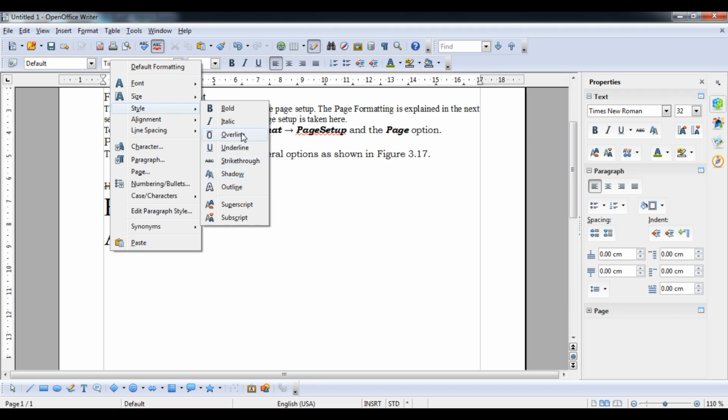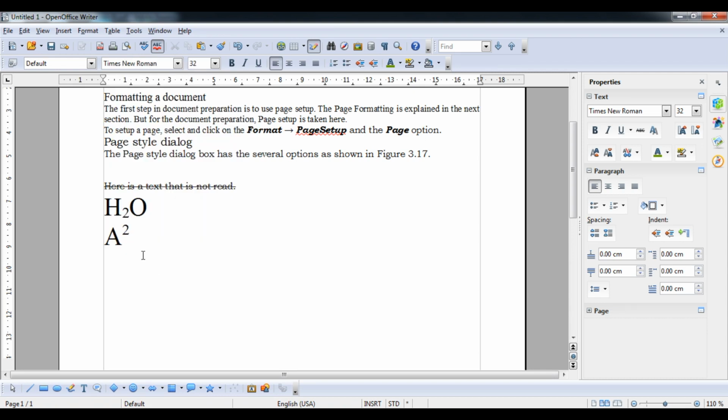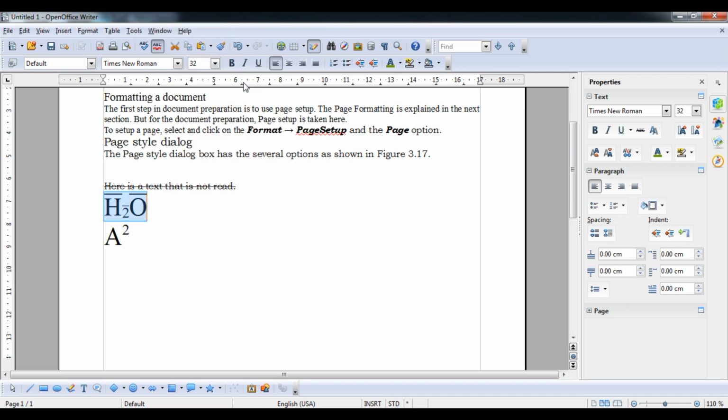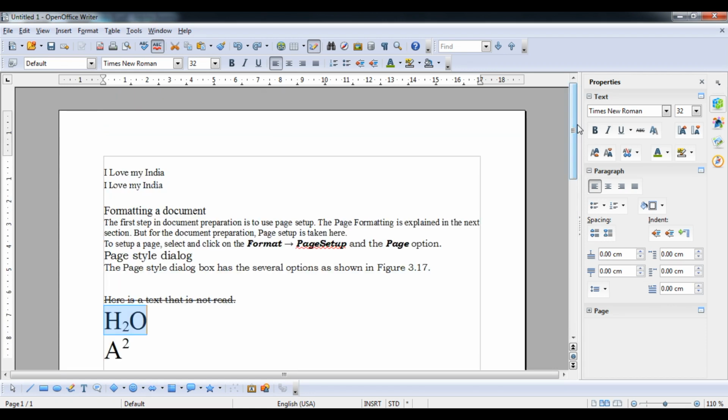Understand, and overline. Here you can see that underline is a line drawn at the base of the text, and here is overline. We have to select and then click on this. Now you can see every text and character has an overline on it.